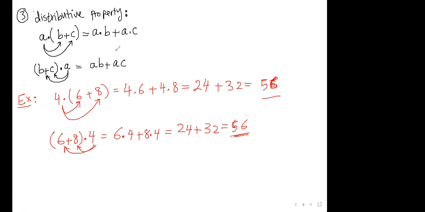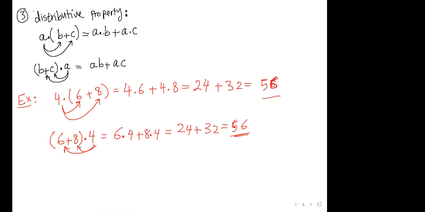So here, example. Here's the question: order does not matter for the distributive property. Exactly. Here, the order does not matter for the distributive property. Why? Because